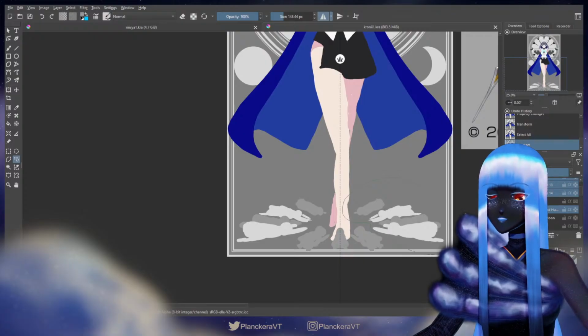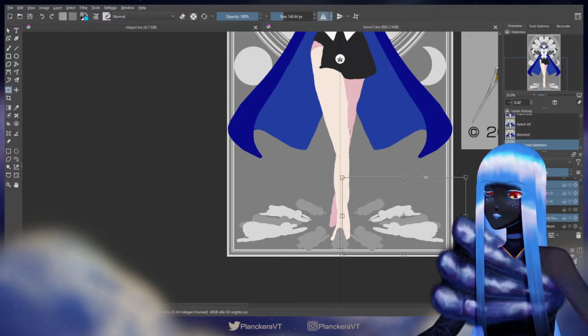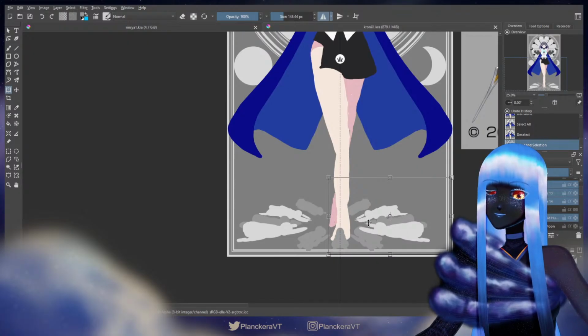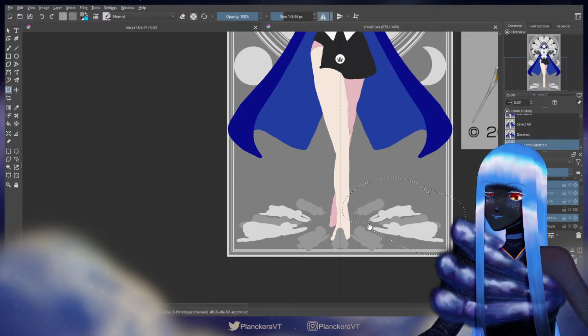It'll still be symmetrical. Okay, so where do I want these guys to sit? Right around here, I think. And I'll figure out how to get these ones in place here. I can't do that just yet. I have to actually count.